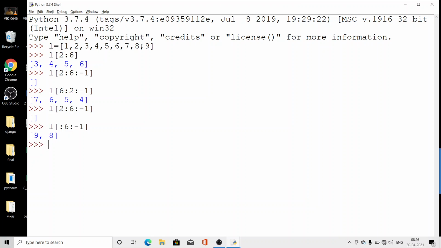Now what will it do? The end value is 6, and we are taking from the negative direction. So it will start from the end, and the values are 9 and 8, because 6 plus 1 is 7, so it will come up to here.